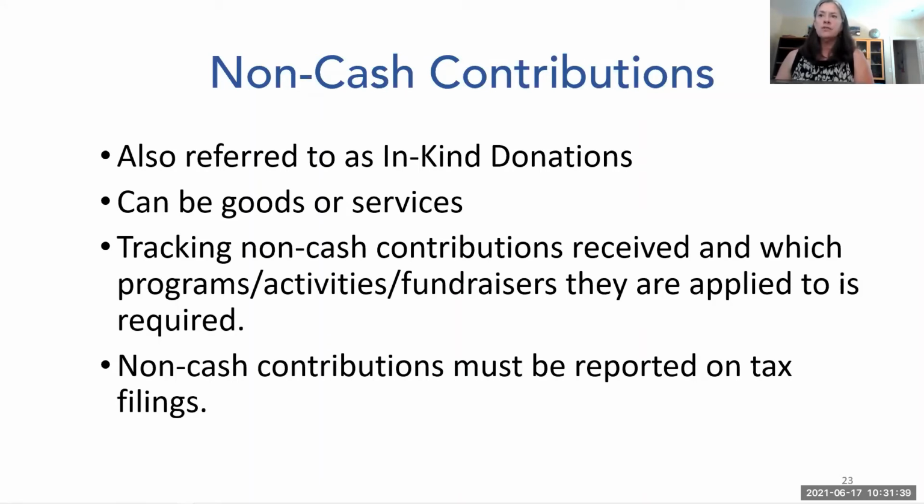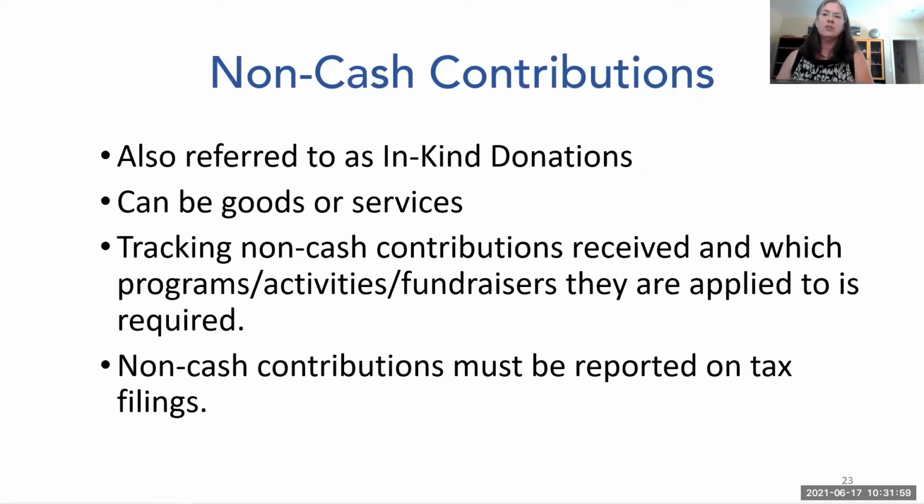Donations of gift cards and gift certificates should be tracked in the same manner as all other non-cash donations. Even though the IRS considers receiving a gift card to be income for the recipient, they consider them to be non-cash donations for the donor, and thus your PTA must record them in the same way as other in-kind donations.